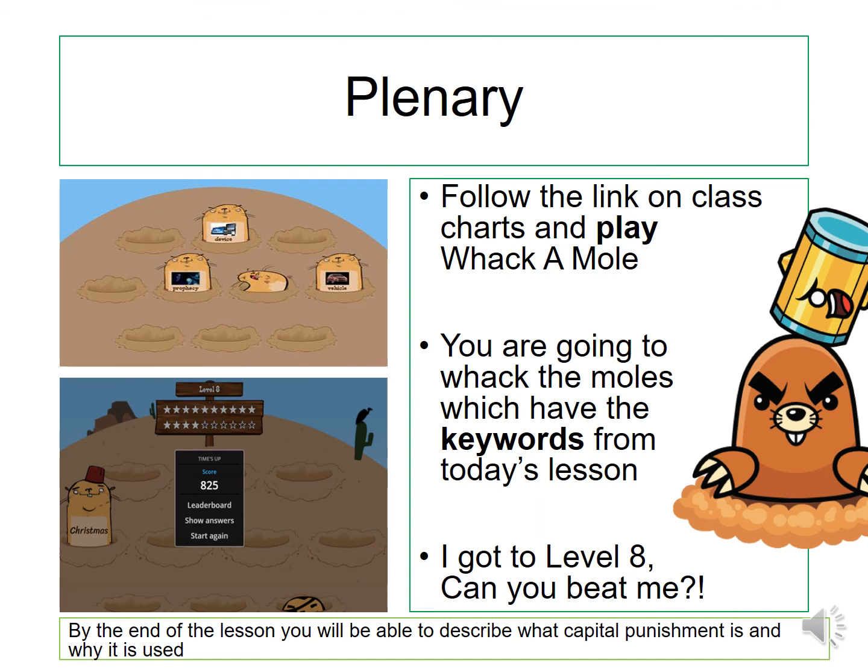Your plenary for today is whack-a-mole. So there are a number of keywords